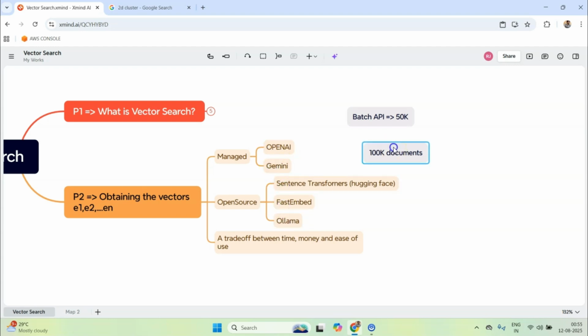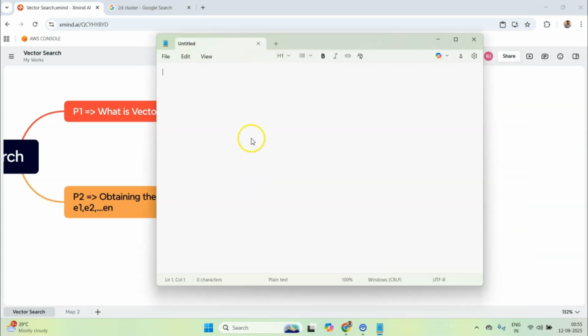But let's say your use case involves maybe 1 billion documents, then I feel you cannot go with these. First of all, they will cost you money, although money should not be a concern. Let's calculate how much money it will take. So OpenAI's small embedding model costs $0.01 per 1 million tokens. Now 1 million tokens means how many tokens of text you send.